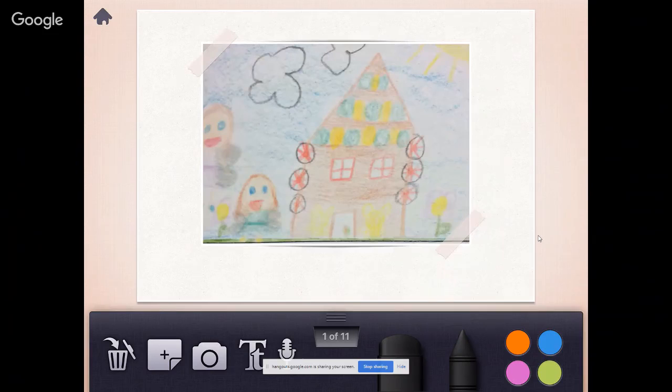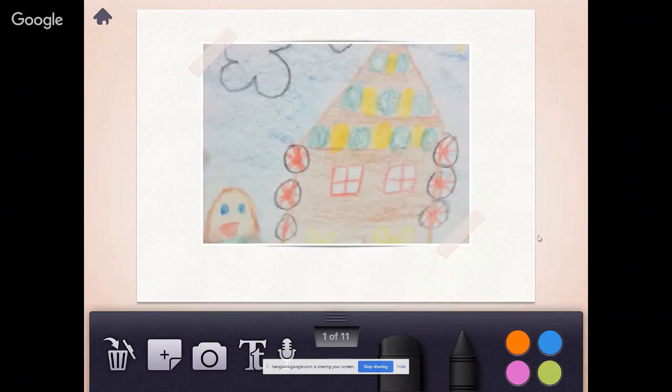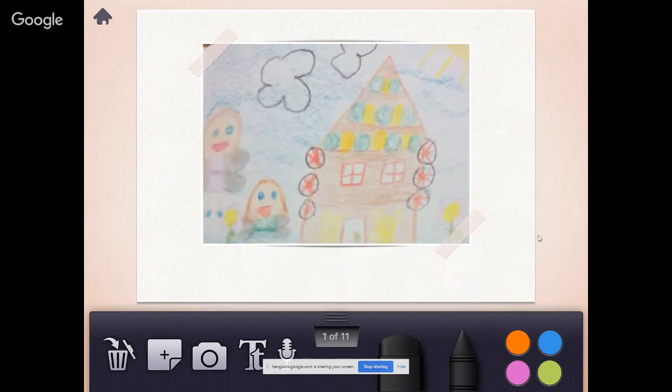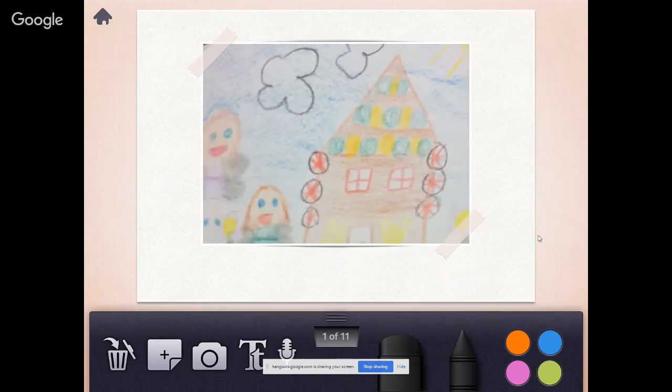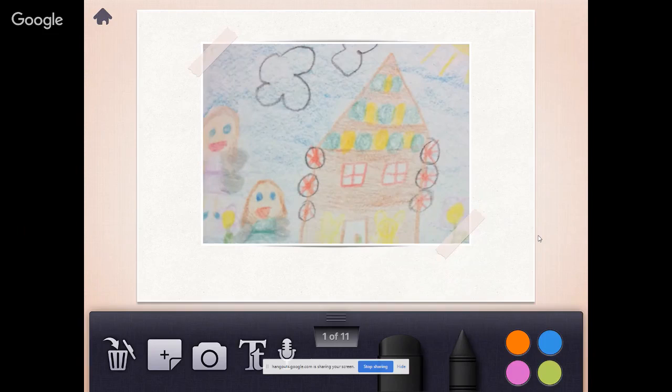And just like on the cover, if you want to change and resize, you'll have to use 2 fingers and go in and out, and that will change the size of the picture for you. So on this page in the story, specifically, the student said, once upon a time in a candy house, there were 2 fairies. So you see her candy house, you see her 2 fairies. She could choose to either put that in text, or she can use to record her voice.